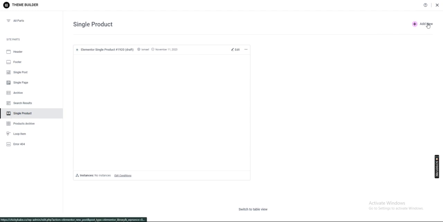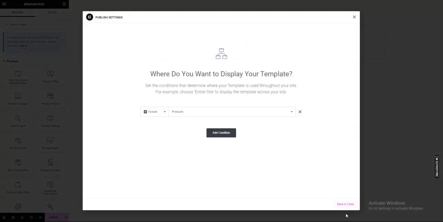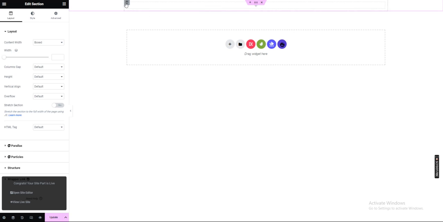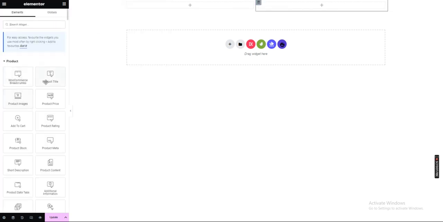Once you click here, then click here, add new. So once you click add new, it will come to a page like this. Then you publish it. Then it is now up to you how you are going to design it. You can have two sections. For example, here. So here we are going to put like